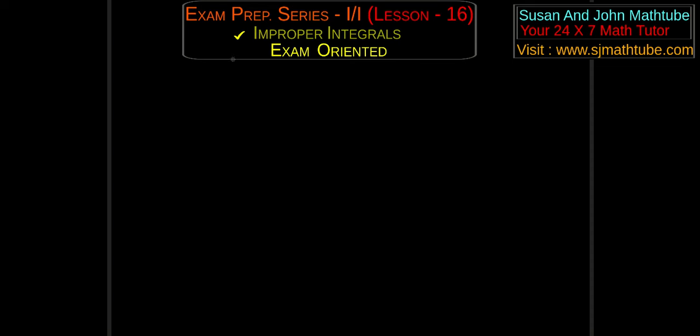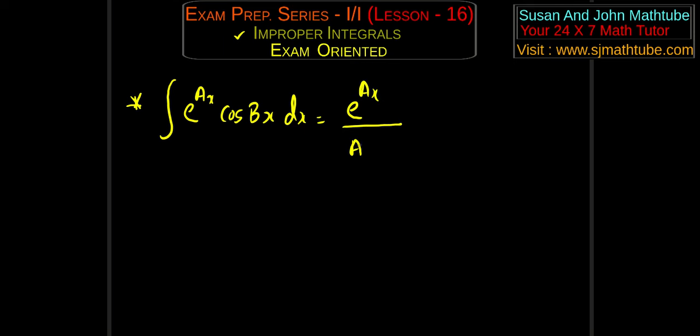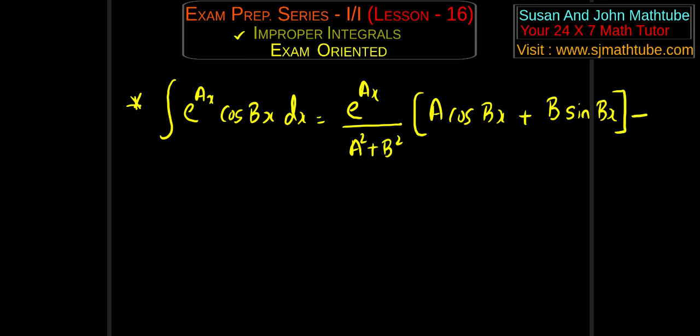Okay, so before we start the next problem, I want you to note this thing. Integral e power ax into cos bx dx is e power ax the whole divided by a square plus b square, a cos bx plus b sin bx plus c,